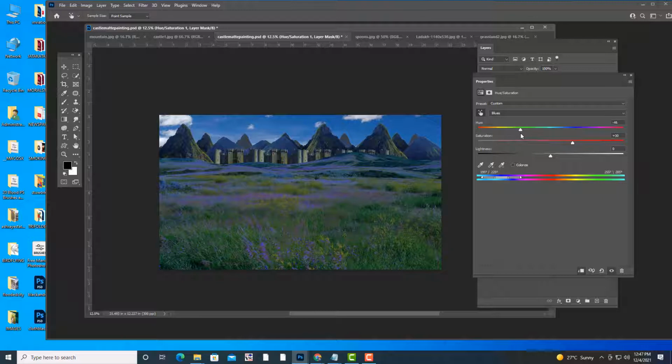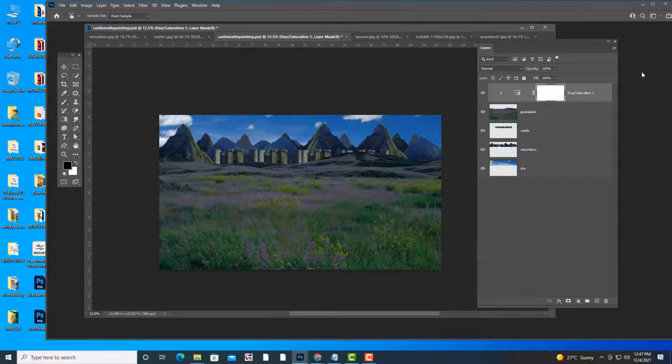We only want green. We can also change the lightness here. The lightness will make it a little bit dark greenish. Okay, we have adjusted it now.